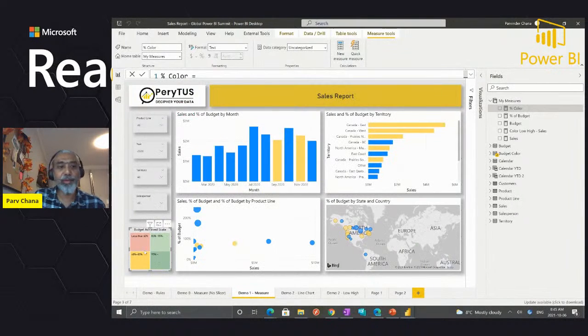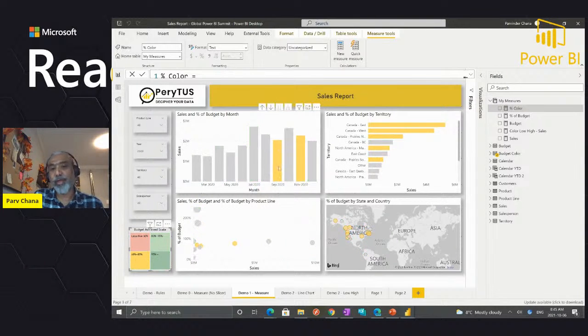So the reason I'm doing this is, now if I select a data point, those data points are highlighted in that specific color. Like I selected 60 to 80%, the rest goes to the light gray color because in the measure I mentioned that. And if I click less than 60%, now it is very easy to actually highlight those data points.